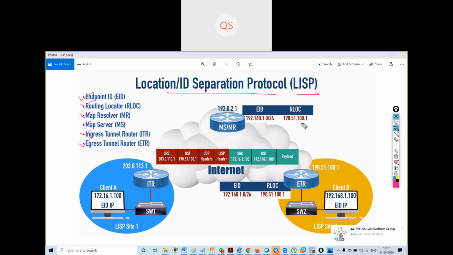We will be having some 80,000, 90,000, 1 lakh entries in the routing table. That might be very difficult for the router to find the path.